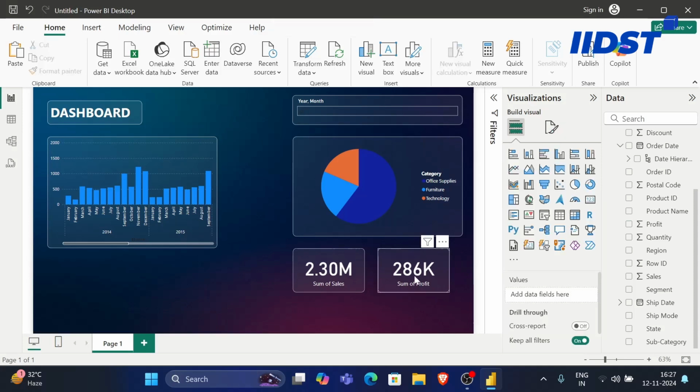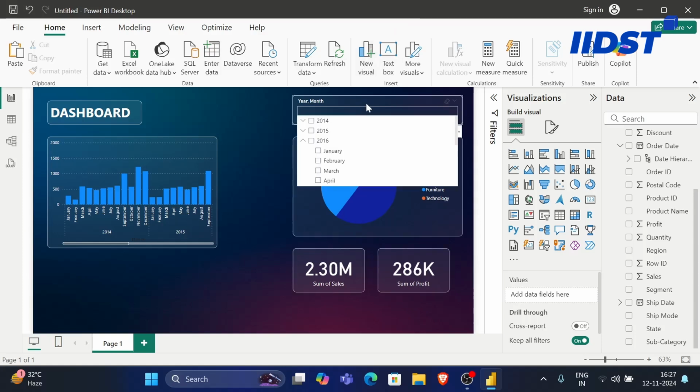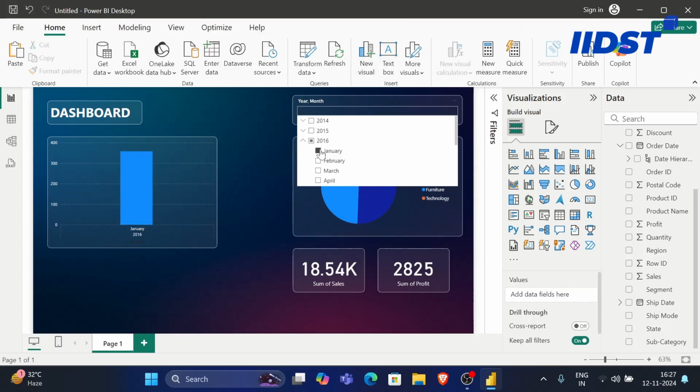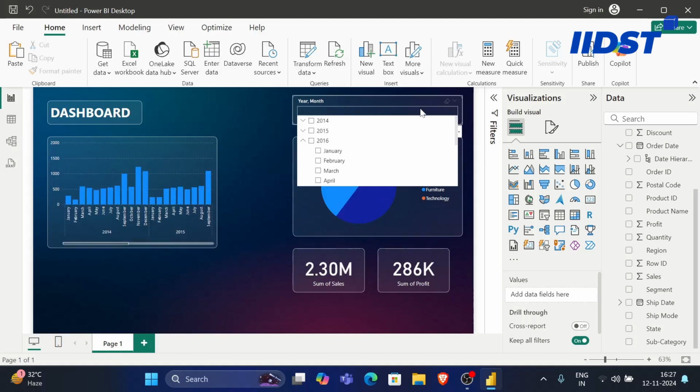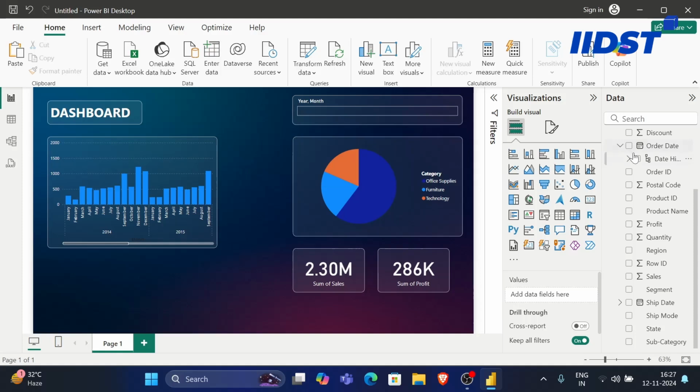Right, so it's showing me how much profit I've made in a much cleaner format. Now again, the slicer works with everything. So if I click on January 2016, we can see sales and the profit made during that month. So it's all very intuitive, it's all very simple, it all comes together eventually. A lot of Power BI is actually exploring around, getting to know what works and what doesn't work, and with that in mind, let's add another section over here which is going to show us